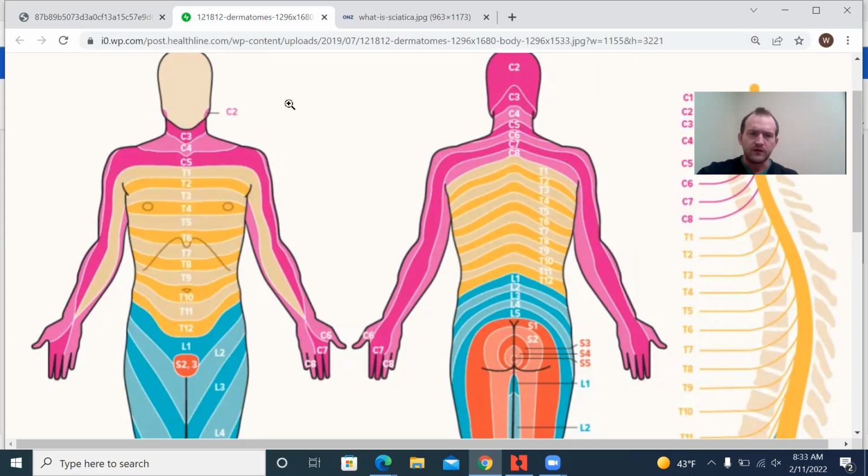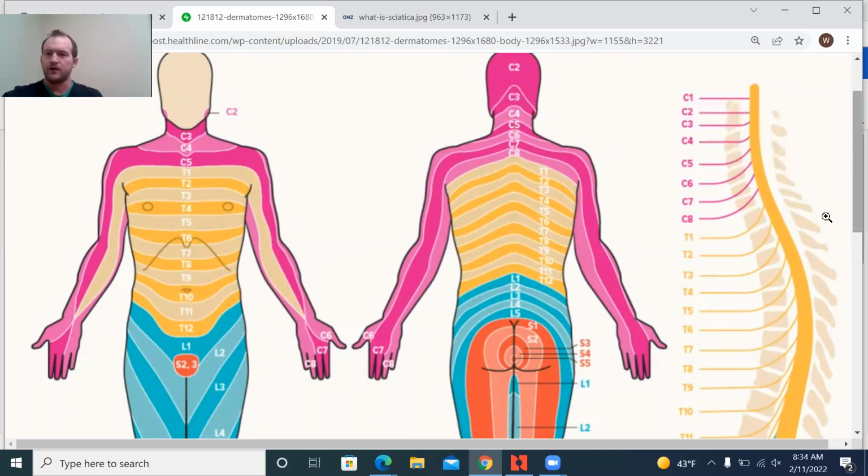So hopefully you can see the picture here, but the back of the head is C2, which is the second cervical, the second nerve, the second vertebra in the neck. And then going down the chain, C3, C4, C5, C6, C7, C8 is an interesting one. In the bottom cervical spine, there's a little bit of a split that happens, but we don't need to get into that now. But essentially,